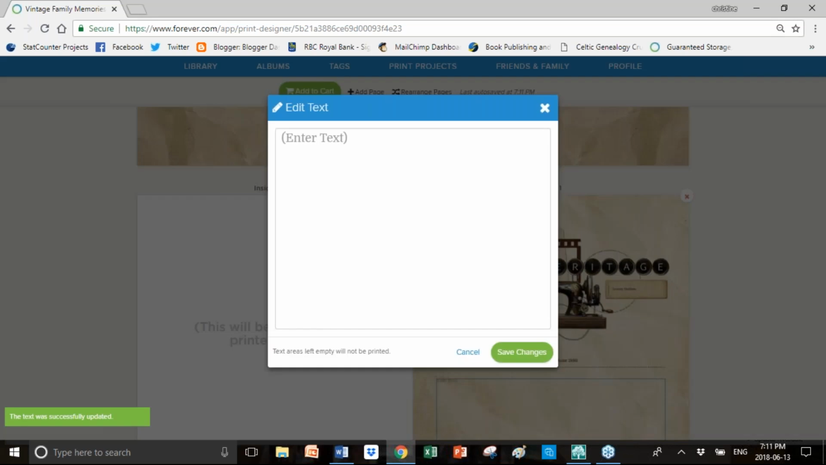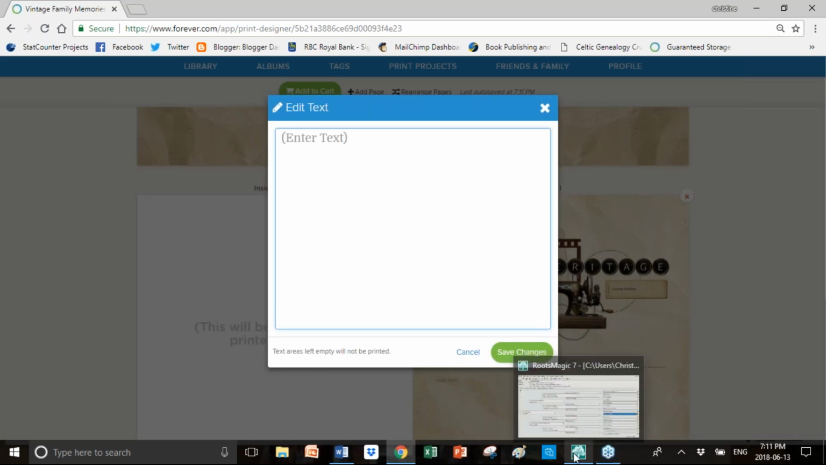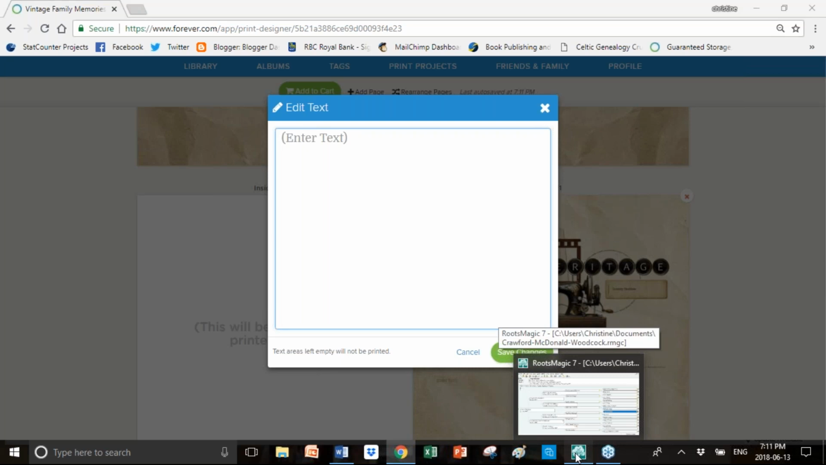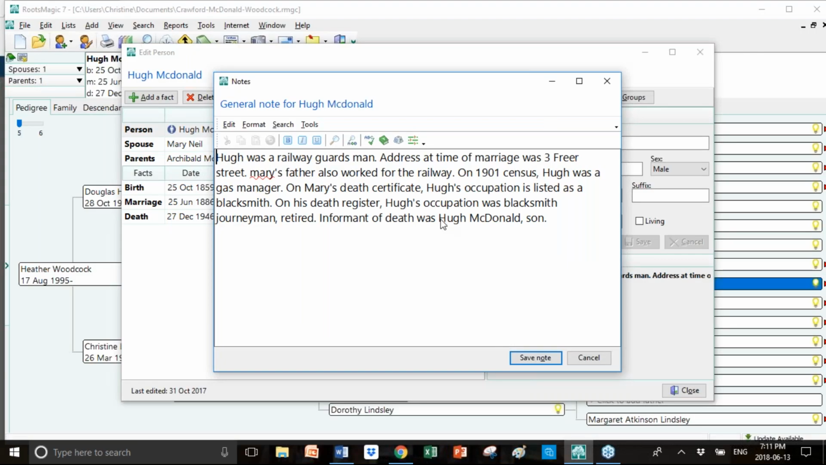And then if I want, I can go ahead and do a whole story here about Maggie's family. Now, what I could do, it's quite simple. So this is RootsMagic, where I have my stories. This actually isn't about Maggie, but about her father. Sorry, it's about Archie's father. This is Hugh, and I can simply copy and paste this